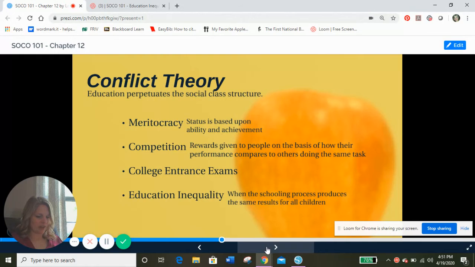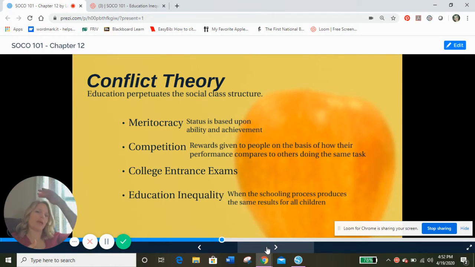So let's move along to conflict theory. Remember, conflict theory looks at societies and groups that have different access to resources. And based upon that difference and observing the inequality between different groups, conflict arises. And we hope that the outcome from the conflict is more equal rights and less inequality. So, of course, conflict theory is looking at the education system as a mechanism for perpetuating the social class structure. So it's seeing that what our education system is actually doing is perpetuating inequality